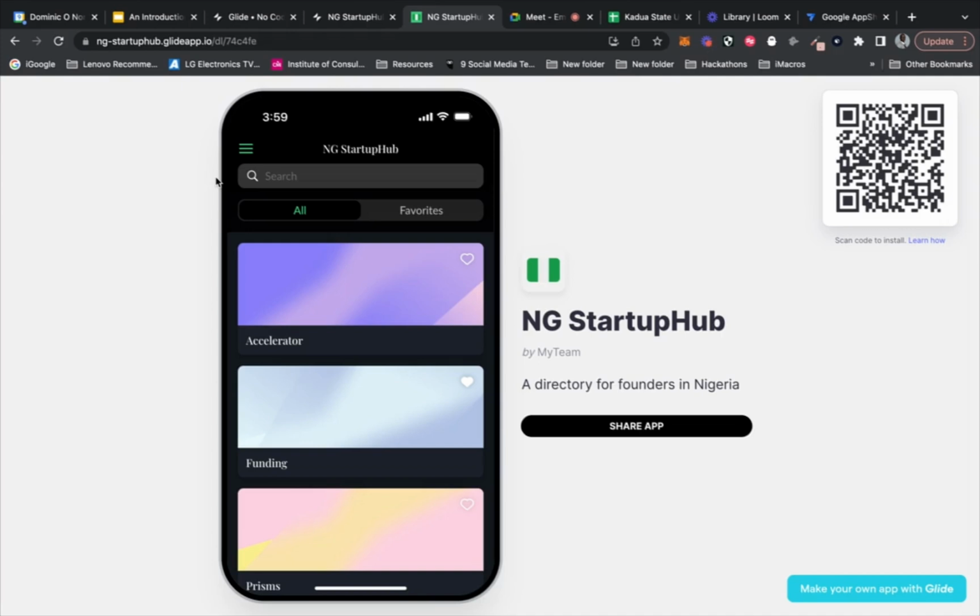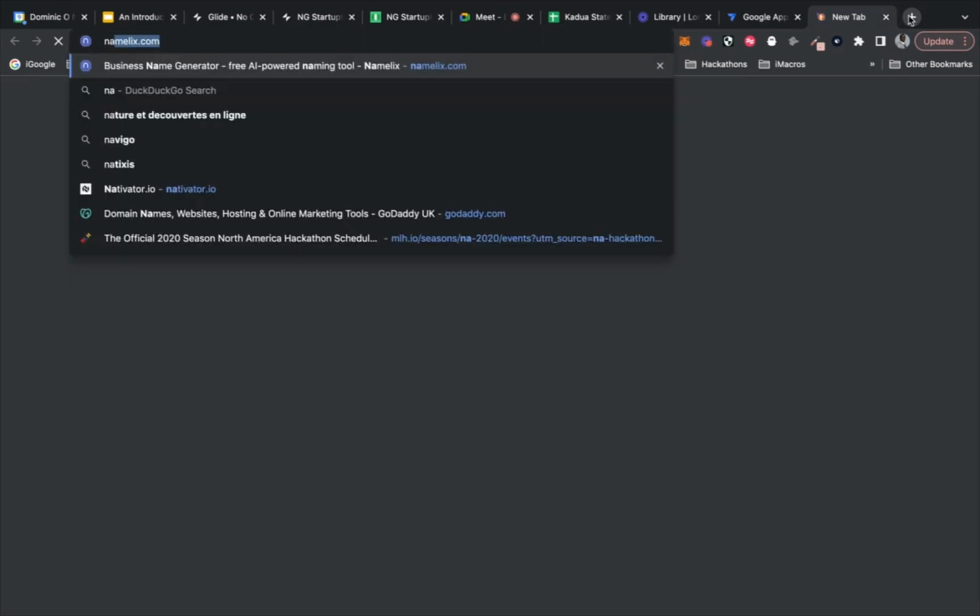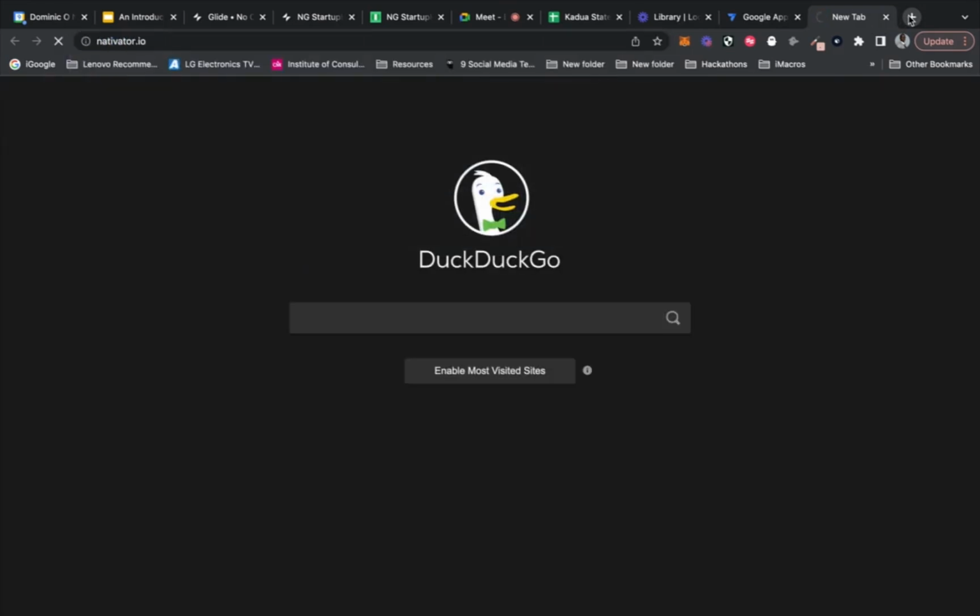I've answered this question, but I'll answer it again. Somebody asks, how do you add your app to the Google Play Store? With this particular tool, you use Nativator, or a tool like Nativator, but a lot of people are using this with Glide.